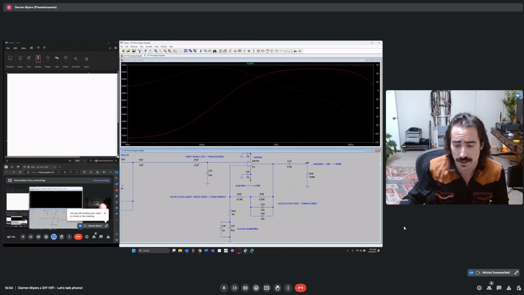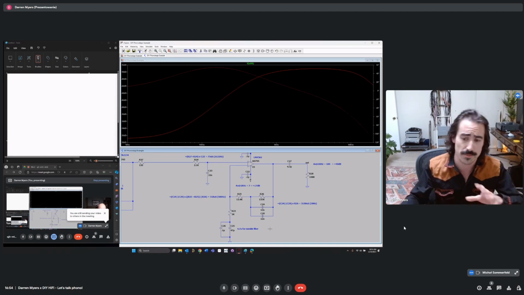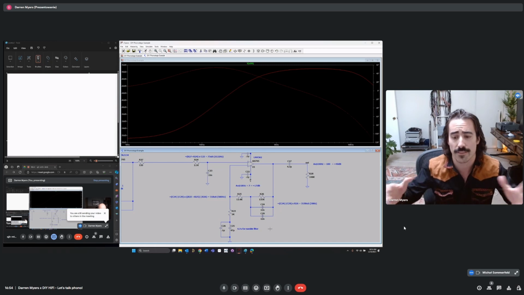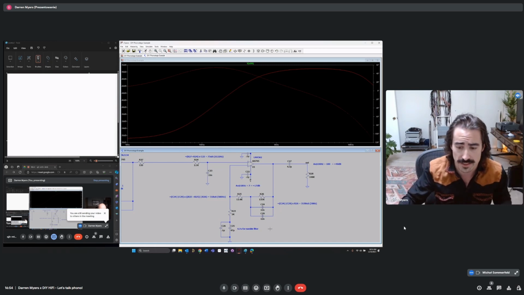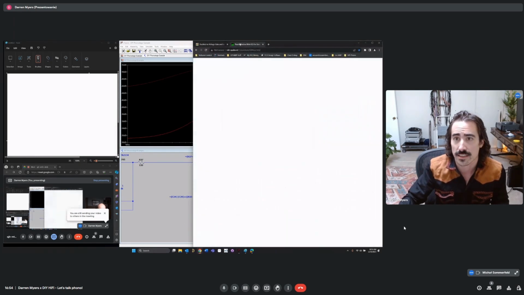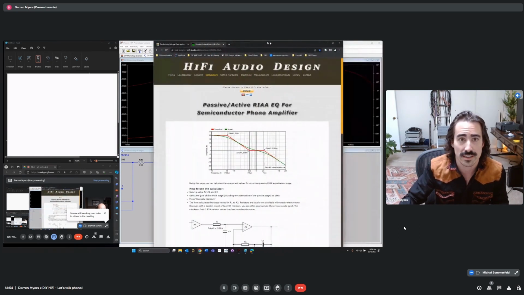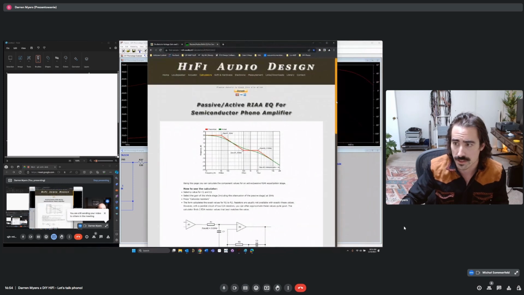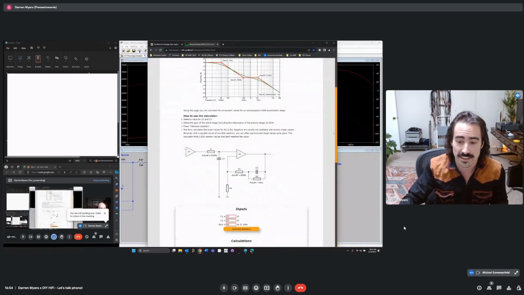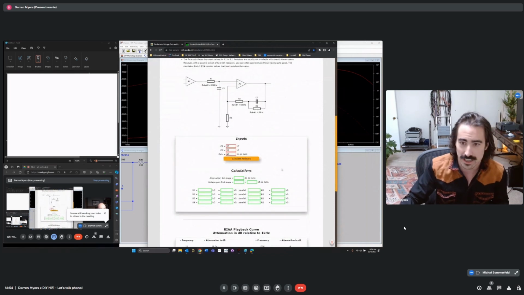There are multiple variables that interact with each other. And so one might say, well, if I'm DIYing an amplifier, what should I do to be able to come up with these values? And now that I've explained what's going on in this circuit, I will say that the good news is that you can come right over here, and we can link this at the bottom of the video, but this calculator will just do all this for you. And so here we go. This is a hybrid configuration,